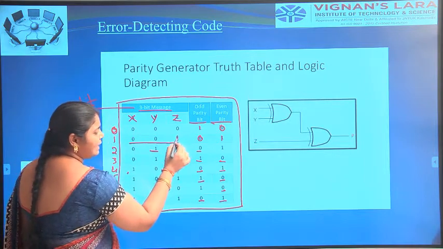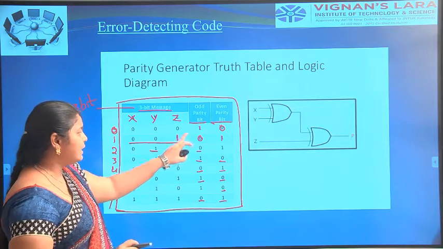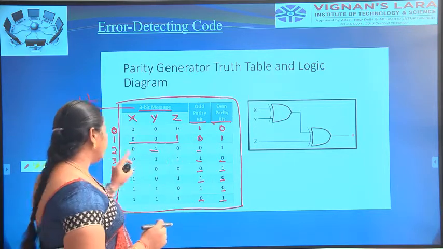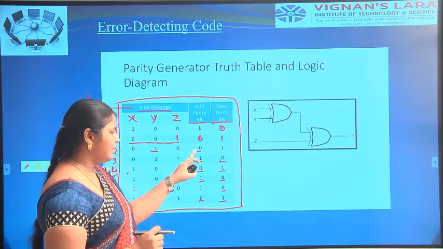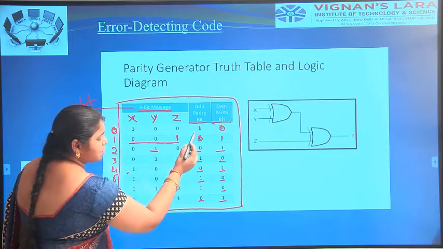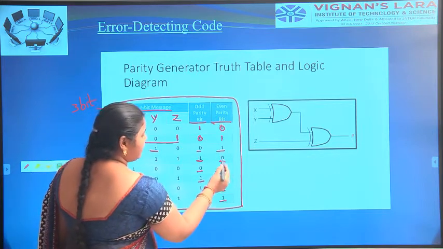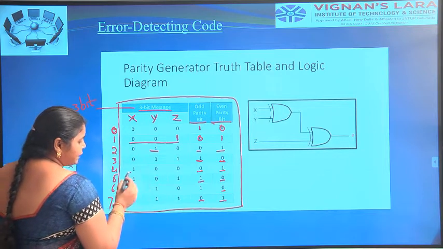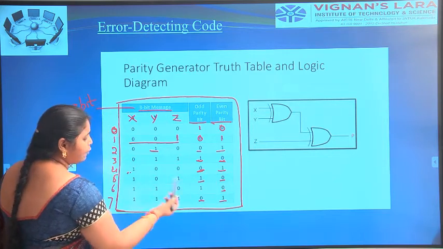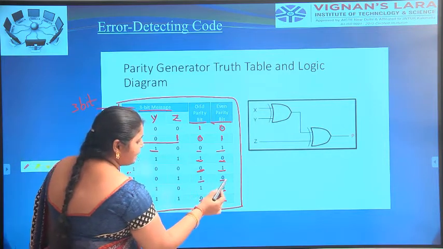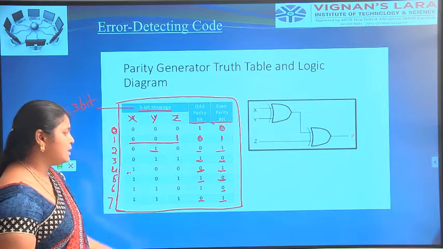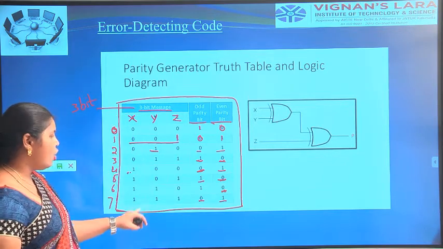Next, there is only one 1, which is an odd count, so we place the odd parity bit as 0 and the even parity bit as 1. The same for the next, where 1 appears only once: odd parity 0 and even parity 1. Then 1 appears two times, so odd parity will be 1 and even parity will be 0. Again 1 appears one time, so odd parity is 0 and even is 1. Here 1 appears two times, an even number, so even parity will be 0. For 110, 1 appears two times, so even parity bit will be 0 and odd will be 1.